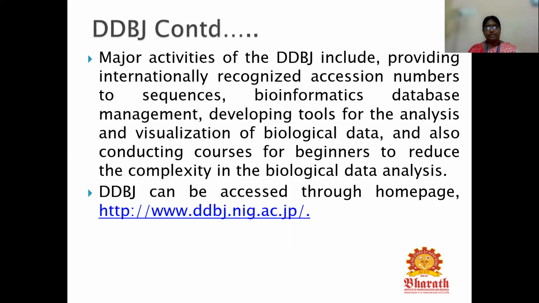It can be used as a development tool for the analysis and visualization of biological data. We can visualize the 2D structure, 3D structure, and quaternary structure of various protein sequences, and it also offers a placement program for newcomers, which we can access through the homepage.